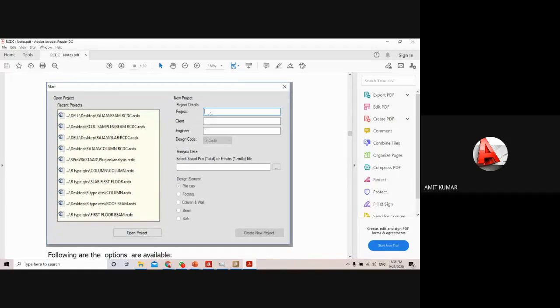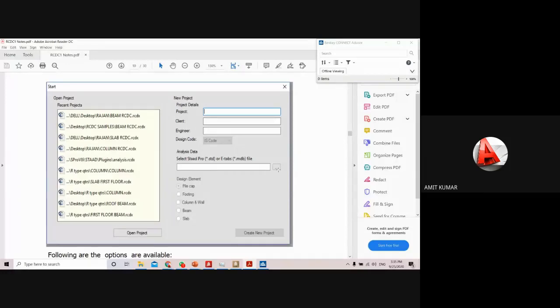Here you have to provide your project name first, your client name, engineer, and after that you have to select the design code. When you provide the project name and everything here, you will get the option of providing the design code, and then from here you can transfer the file directly from the StatPro also. Otherwise, you can browse the file also.